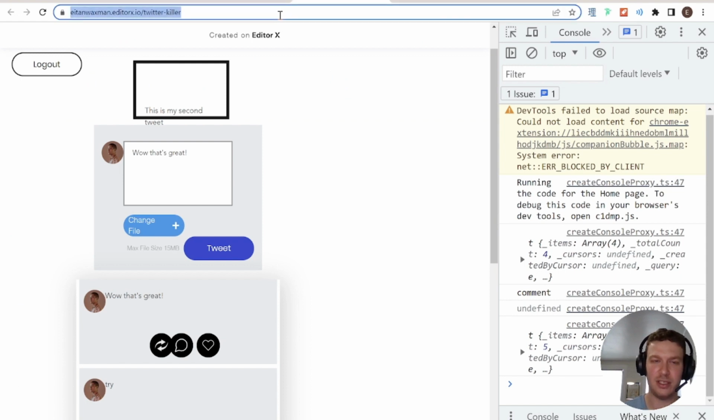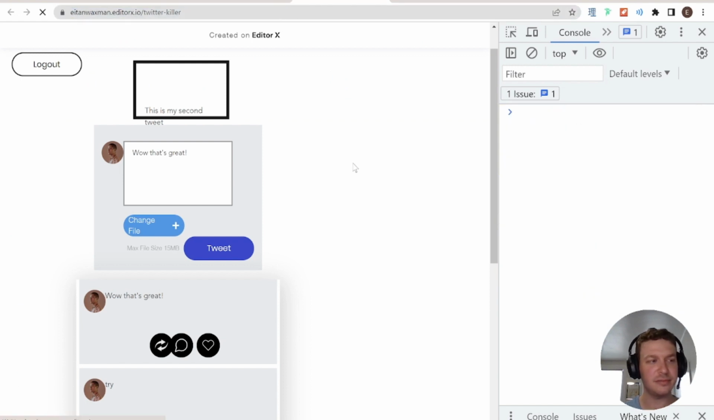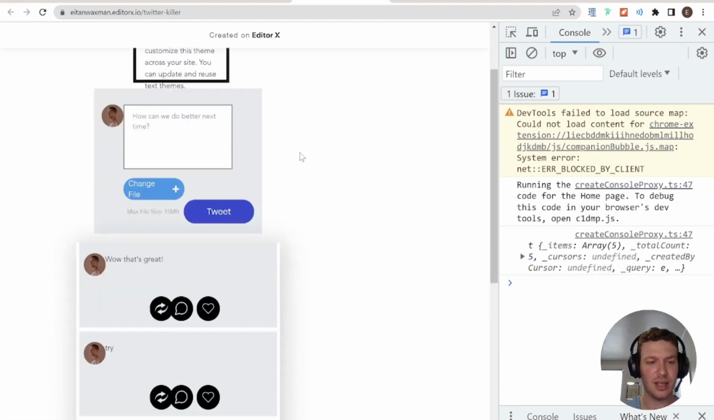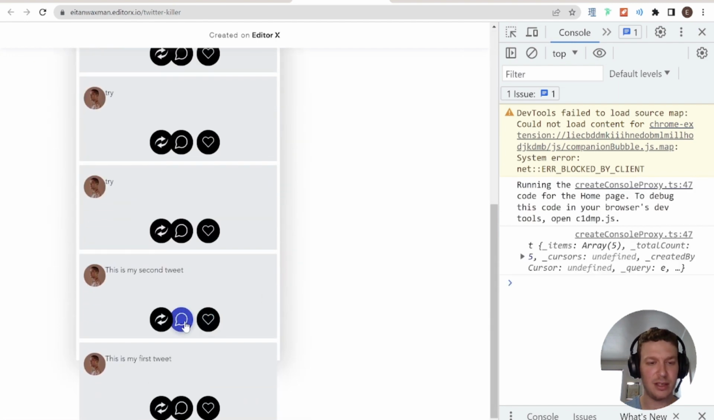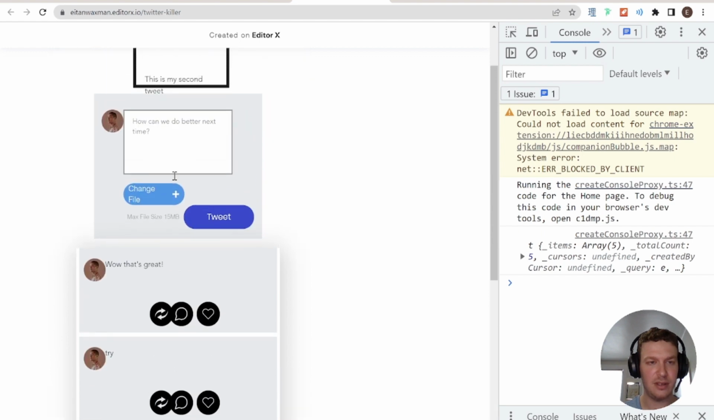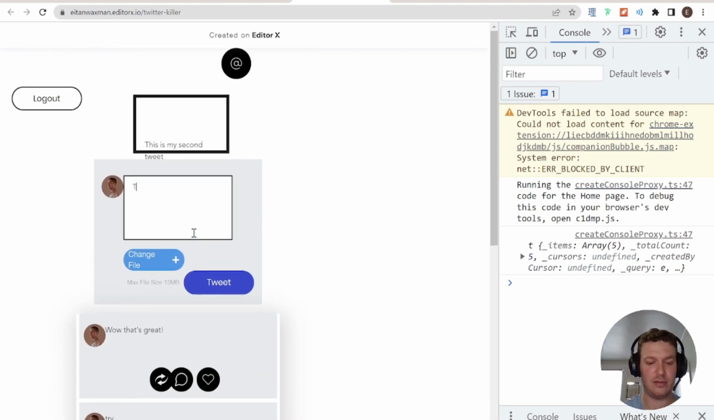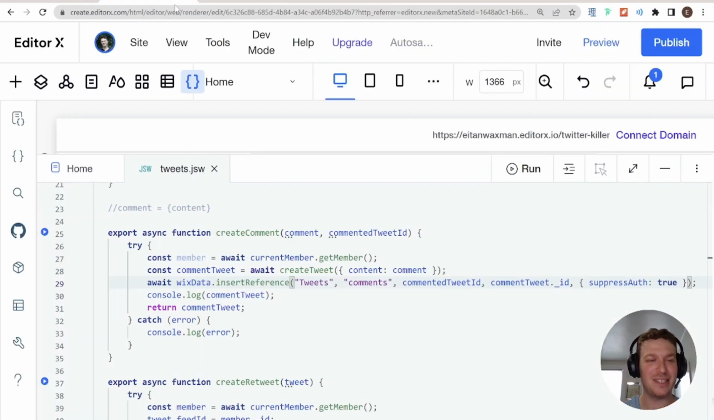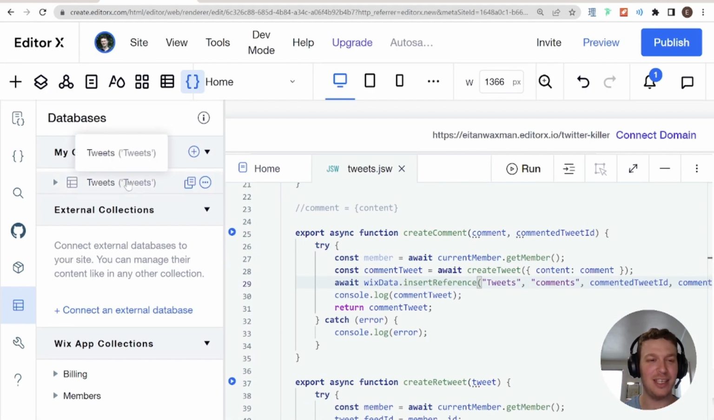And I'm gonna refresh. And let's try commenting. This is my second tweet. That's awesome. And go ahead and tweet. And we have our comment. And the coolest part will be to see the database because currently in